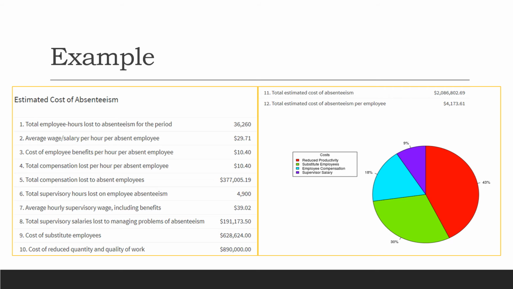We will put in the employee hours lost, average wage and salary per absent employee, also total compensation lost, cost of substitute employees. We're able to determine the cost of reduced quantity and quality of work. So all those go in, and then what we get is the total estimated cost of absenteeism. And then we're able to also distill that down to the total estimated cost of absenteeism per employee. So here we can see that the reduction in productivity is the biggest area that we could be impacted